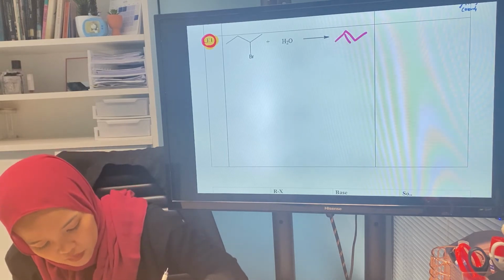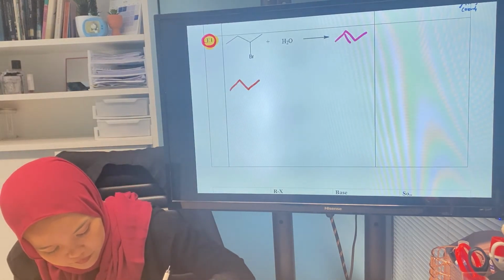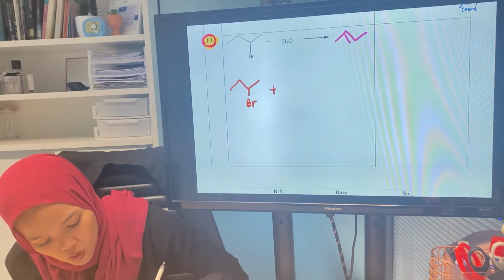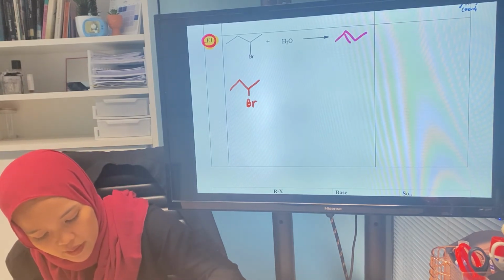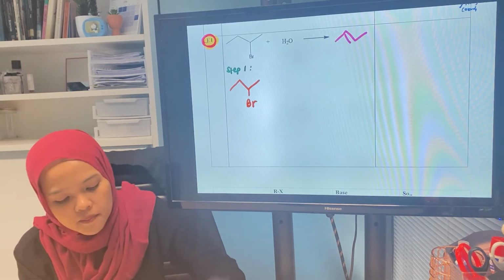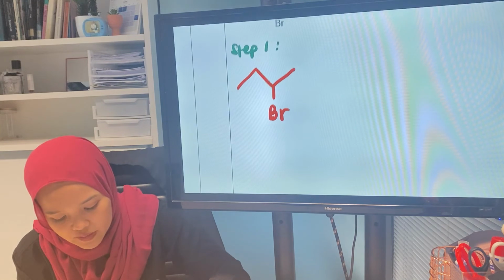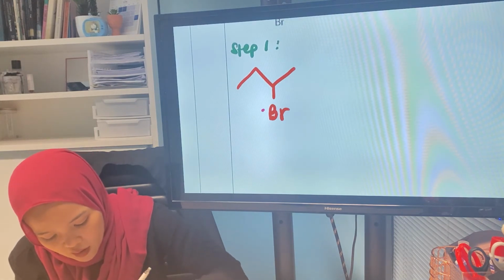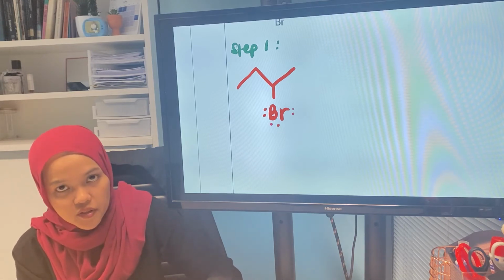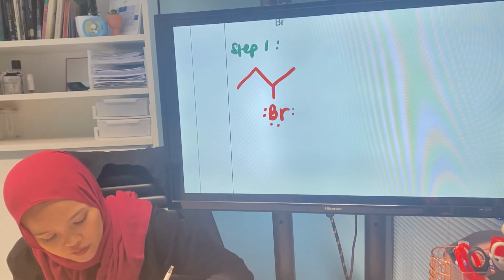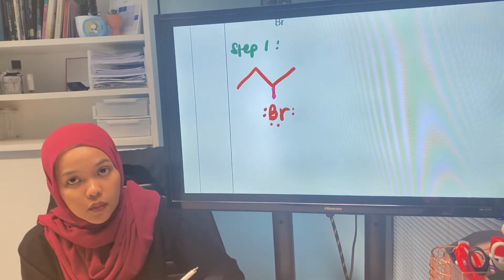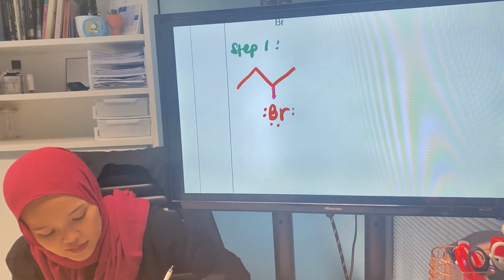Okay, so this one: Br plus water. For step one, the first step is that you see Br here, and it already has 3 lone pairs. Let's say there are 2 electrons here because there are 2 electrons in a single bond, correct? So the first step is that